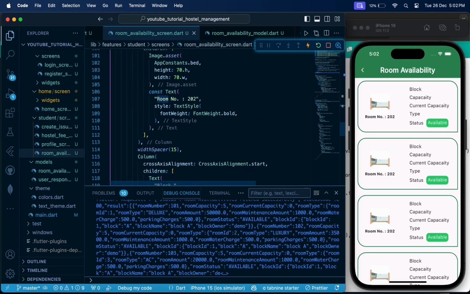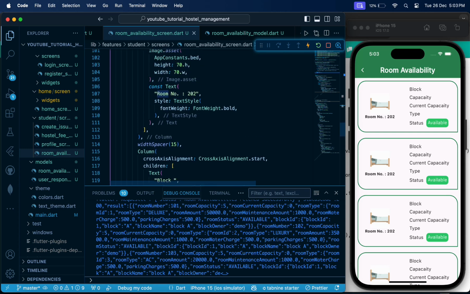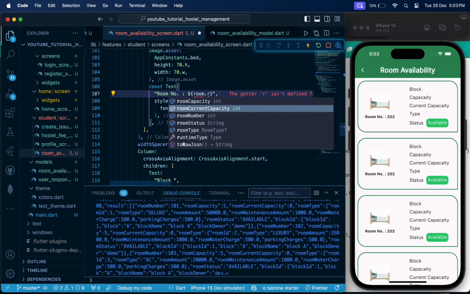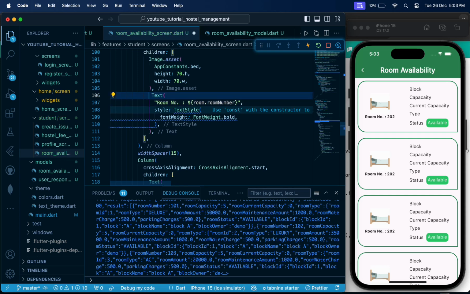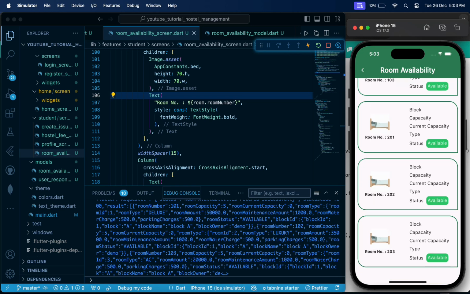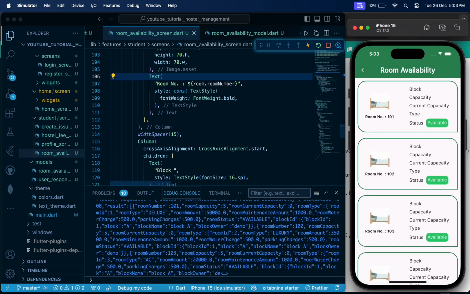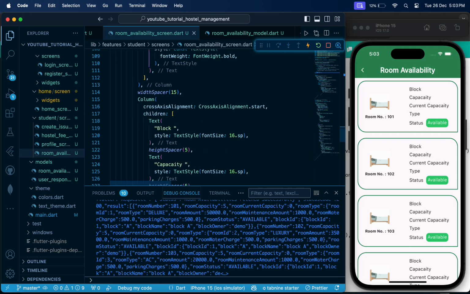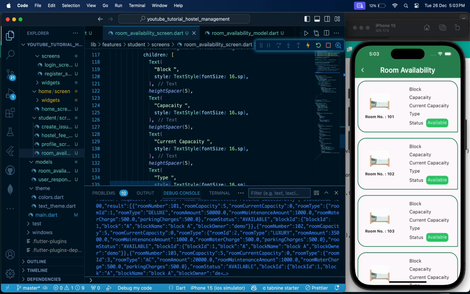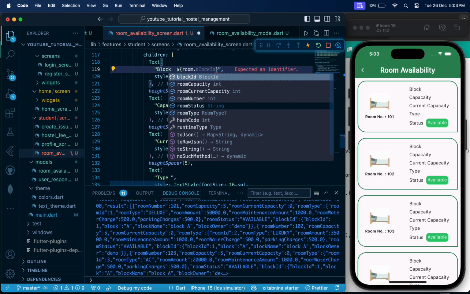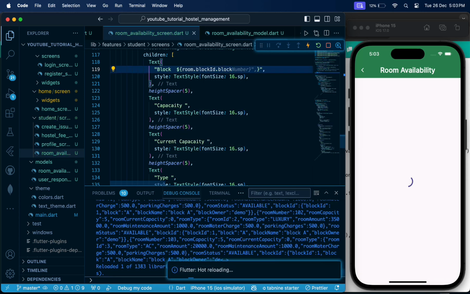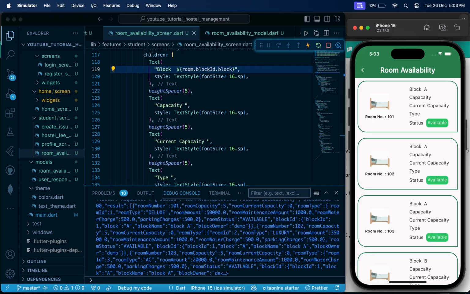So we will go to our room number and we will write here, instead of 202 we'll write room dot room number. Yeah, remove the constant. Yeah, so room number is showing up there, 101, 102, 103 and so on. So similarly we have to do for other fields also. Block number will be room dot block number, block ID, block number. Then capacity will be